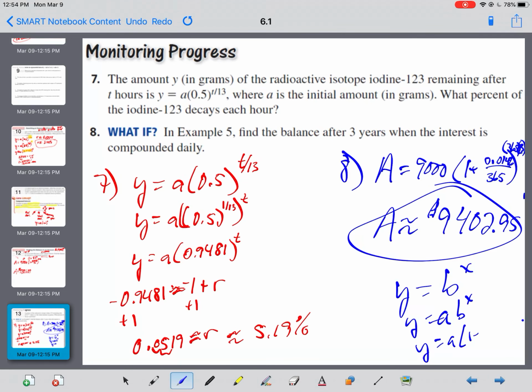Okay, so looking at that equation, the basic one, y equals b to the x, y equals a b to the x, and then y equals a times 1 plus or minus r to the t. Plus is going to be growth, minus is going to be decay, and it gets even weirder when we compound it and we make it r over n to the nt. But you got to memorize all of that stuff, all of those equations, where what goes and what